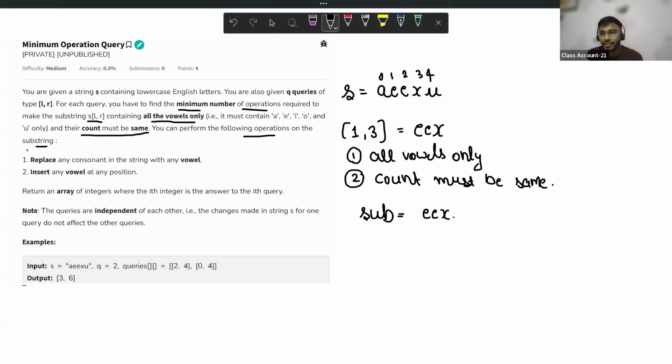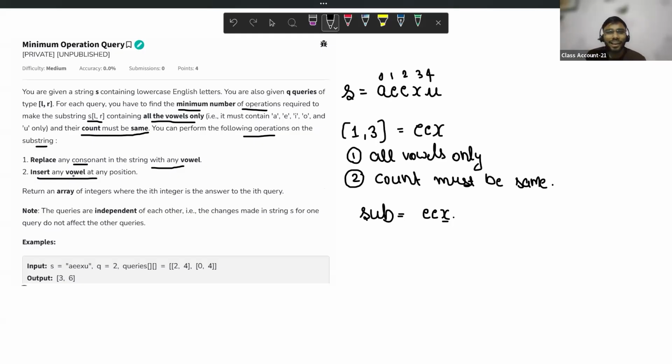What are the operations? Replace any consonant in the string with any vowel. Here we can observe that there is one consonant, so I can replace it with any vowel: A, E, I, O, U. It's my choice. The second operation I can perform is to insert any vowel at any position.